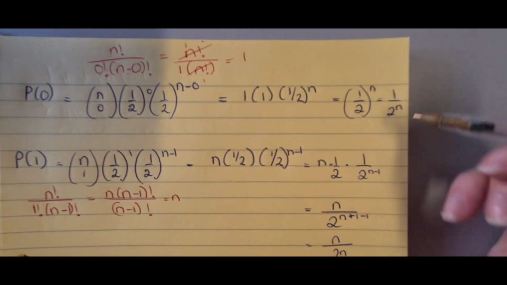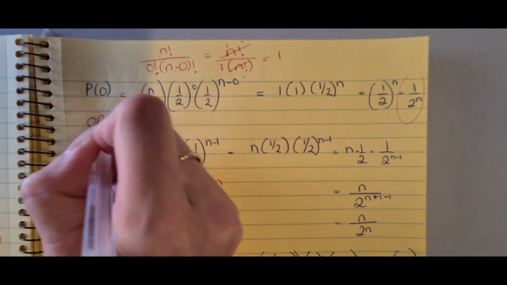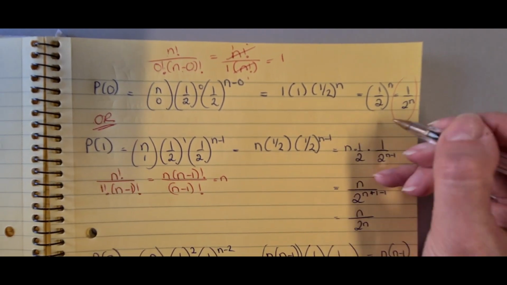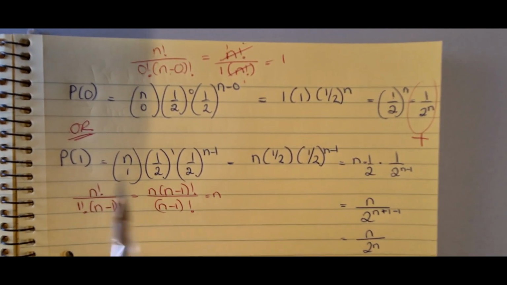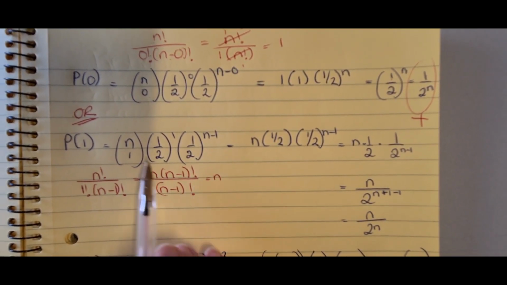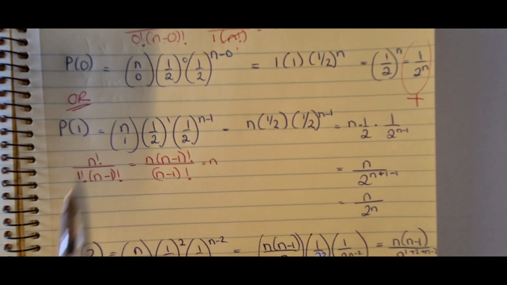So it's in index format, right? So I'm going to be using that. Or it could have been the probability of 1 happening, and or means plus. Okay, so I will be adding that answer onto my next answer. So it was n choose 1 by a half to the power of 1 by a half to the power of n minus 1. N choose 1, if we use that rule, okay, in the log tables,